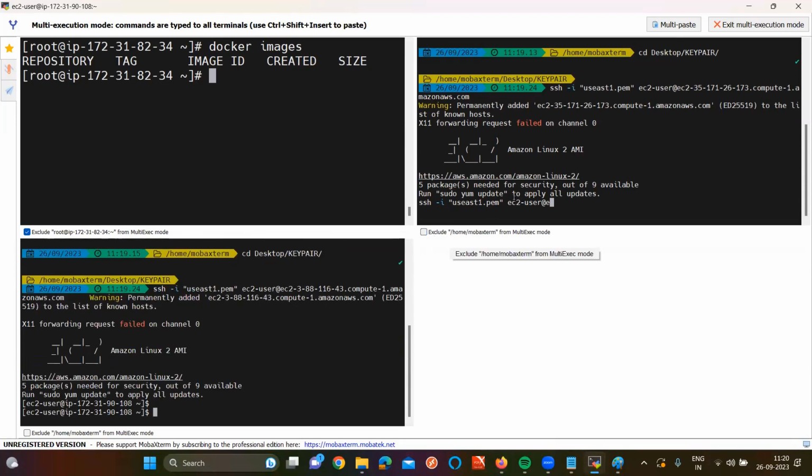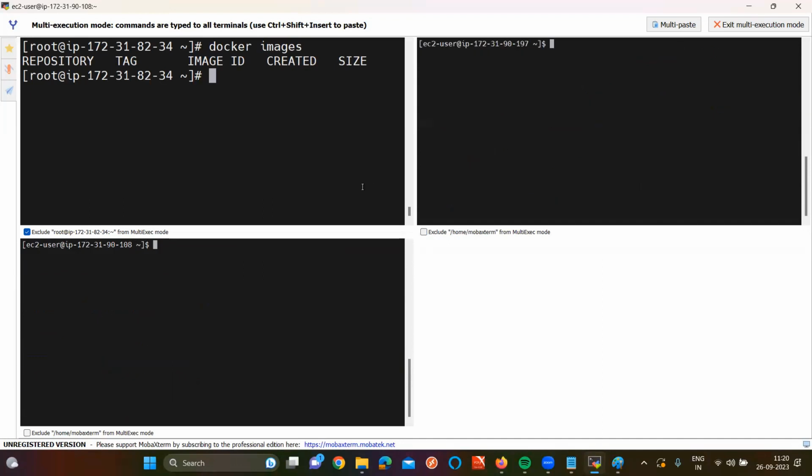So here, what I'm going to do is clear the screen. Now in all servers, I'm installing Docker. Already in your manager, Docker is there. yum install docker -y. So in the manager node, no need to install, sir. But before installing Docker, first of all, we need to go to the root user. Go to the root user and install Docker. sudo